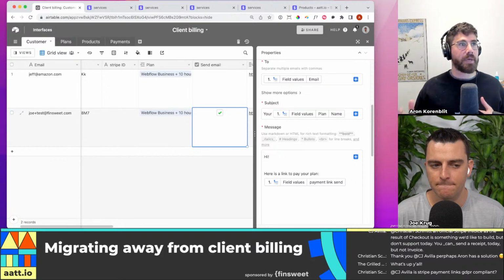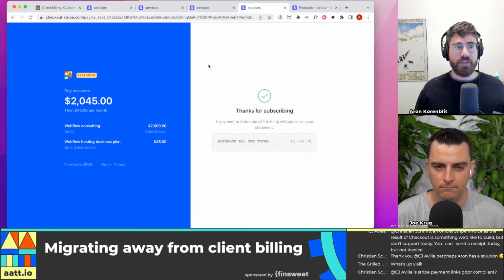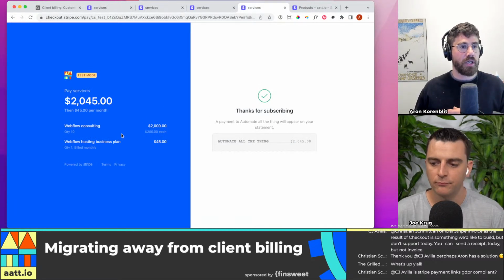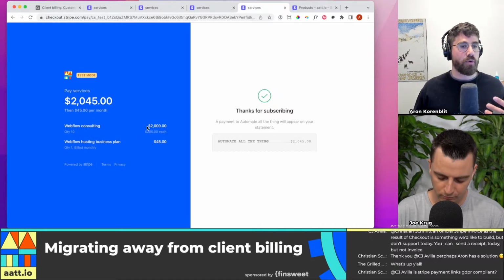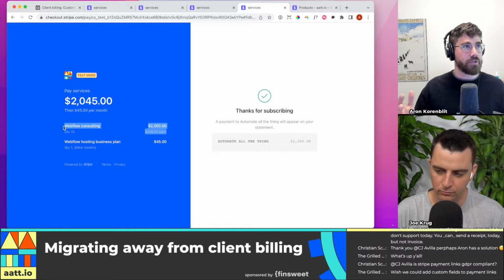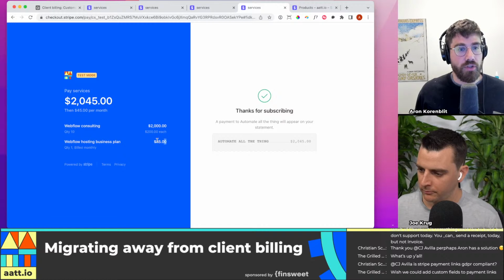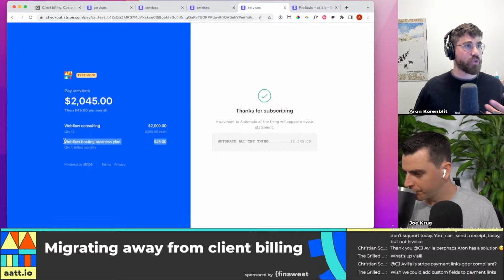So when you're paying a payment link, you have two steps. There are many more steps, but the first is you have a checkout. So what that means is that the person paid this whole amount. This whole amount is your first payment of hosting and a set of hours. Now, the set of hours, there are no other payments after, so it's done, right? But the hosting is a subscription.